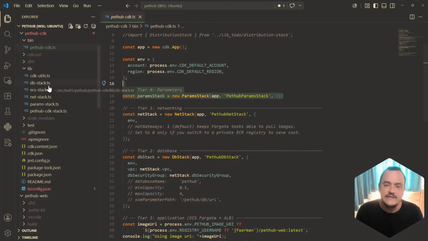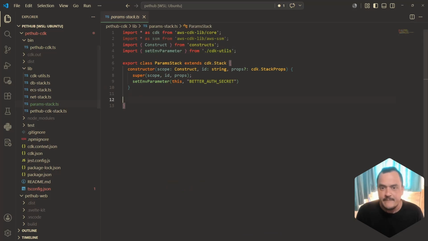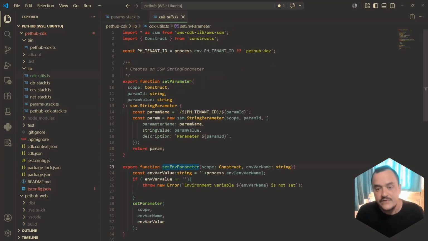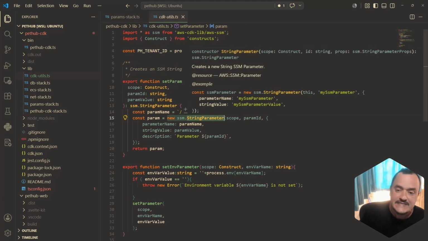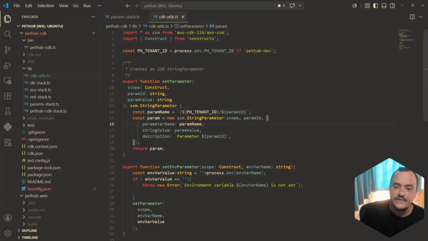So in the first tier, we have the parameter stack here on params, and this just sets the secret based on the value that we have from the environment variable with the same name. What this is going to do is create a systems manager string parameter,